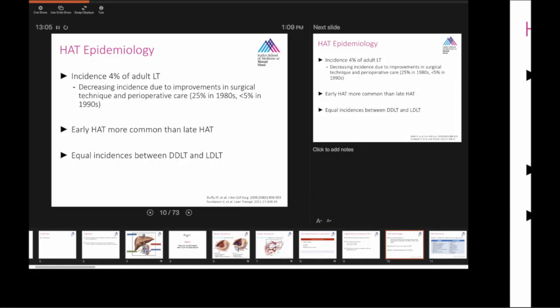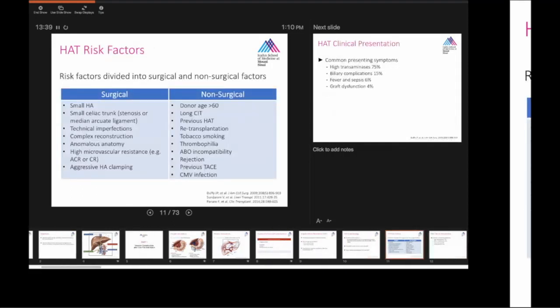And the incidence of HAT in deceased donor and living donor transplants are about the same. Now, there are several risk factors for HAT, and these could be divided into those that are in the surgical realm and the non-surgical realm. So on the technical side of things, these are some of the risk factors